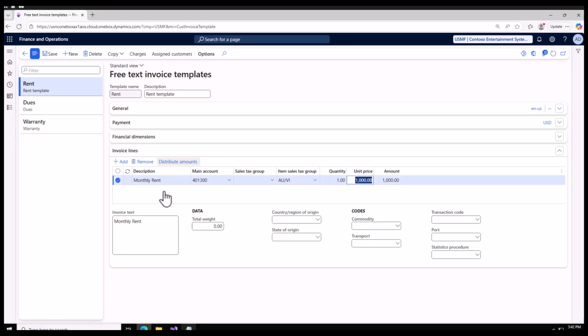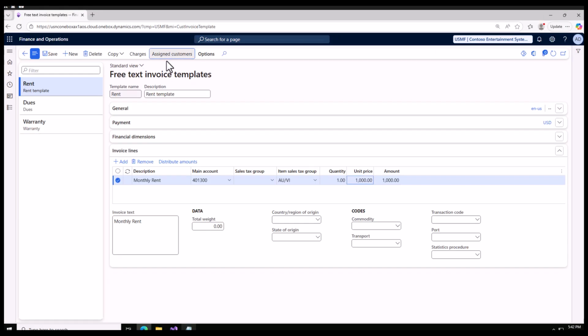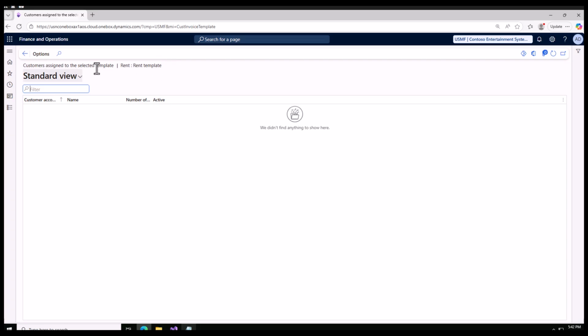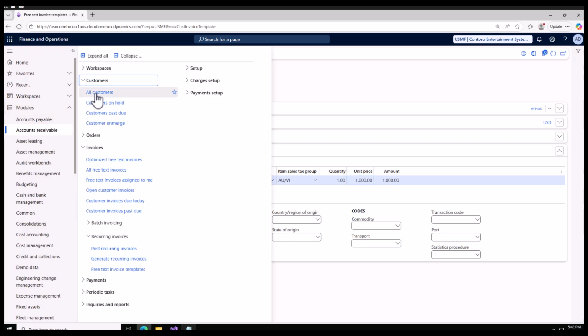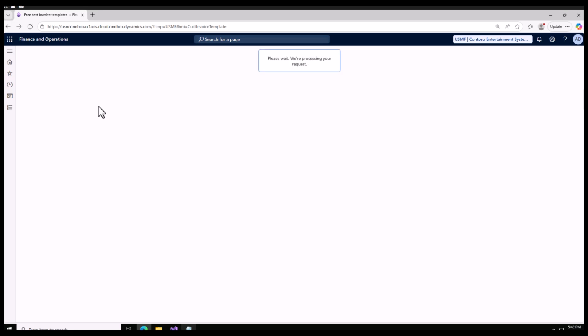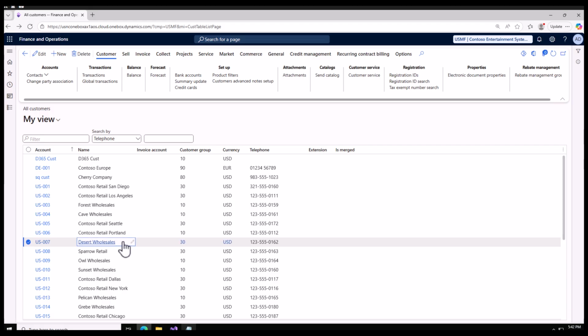Now I need to assign a customer here, right? This customer, C1, needs to be assigned. If you go here, you will see that no customer is assigned. So I will go and assign a customer. Let me go to all customers. Let me select this customer, and here